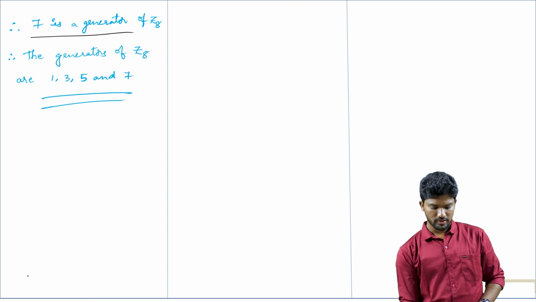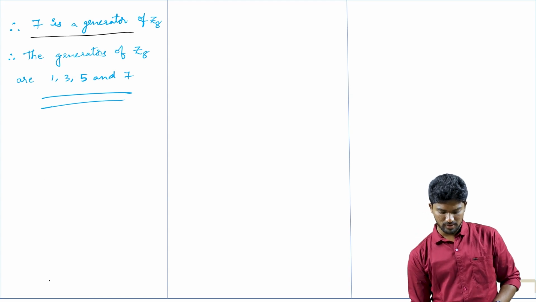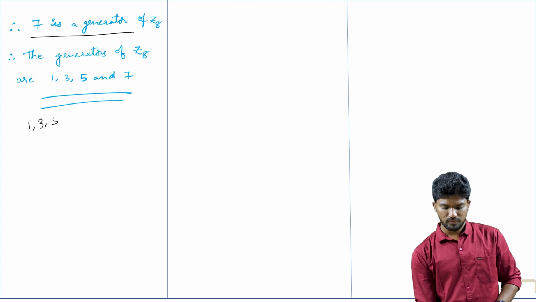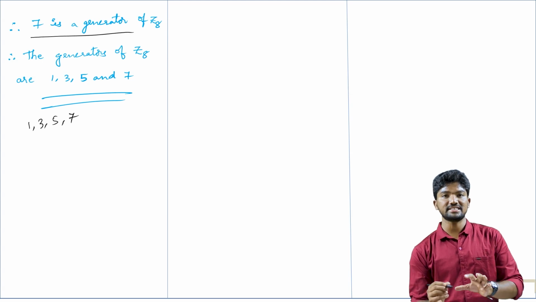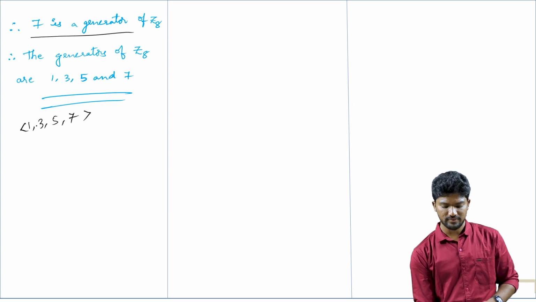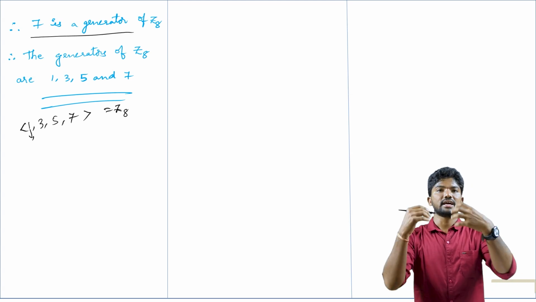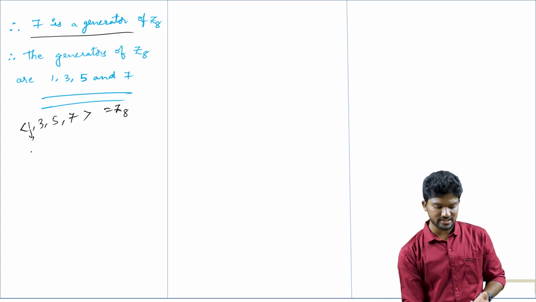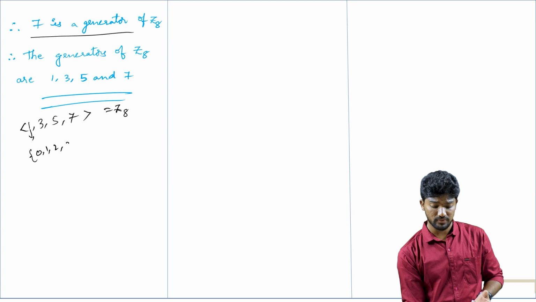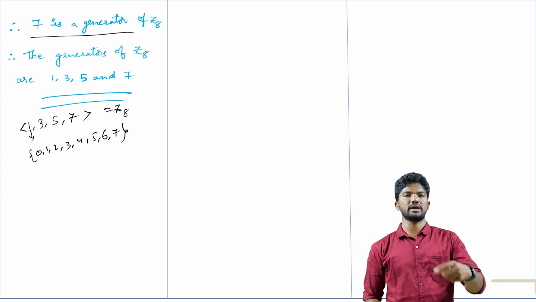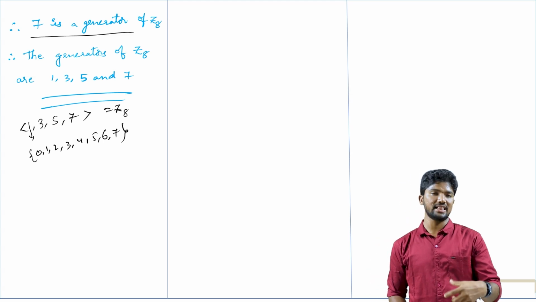Okay, so from this total explanation we can conclude that 1, 3, 5, 7 are the generators of Z suffix 8. That means by using 1 you can recreate all the elements of Z suffix 8: 0, 1, 2, 3, 4, 5, 6, 7. Okay, so by using 3, by using 5, by using 7, we can generate all the elements of